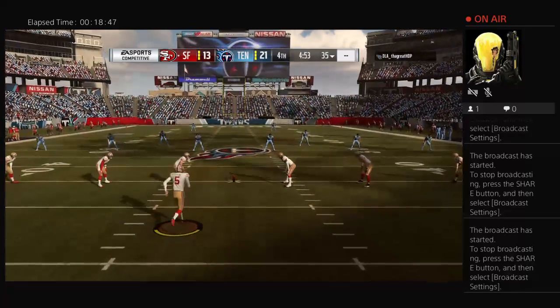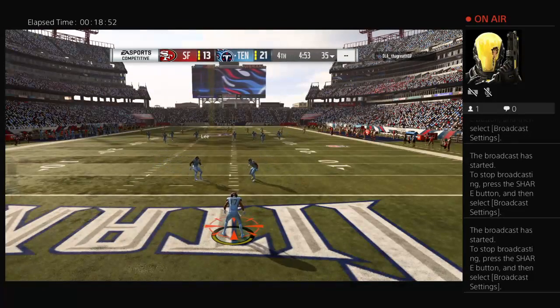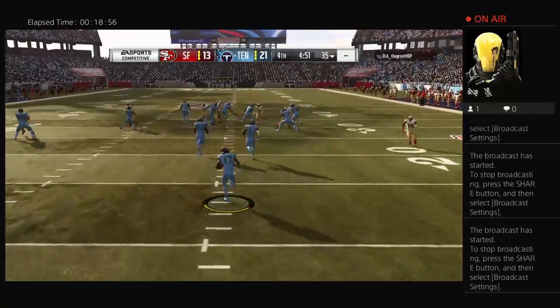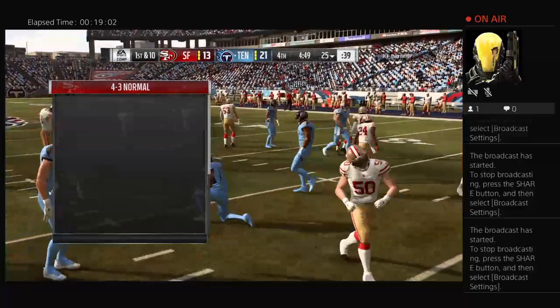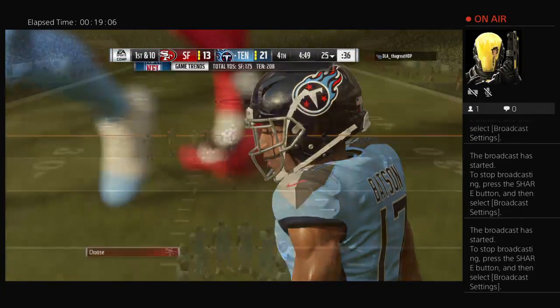The punter Pinion now to kick this one away. That's fielded in the end zone. And all that work, but he stopped where he ultimately would have been had he simply taken a knee, and that's the 25-yard line. And here comes Tennessee as they get...